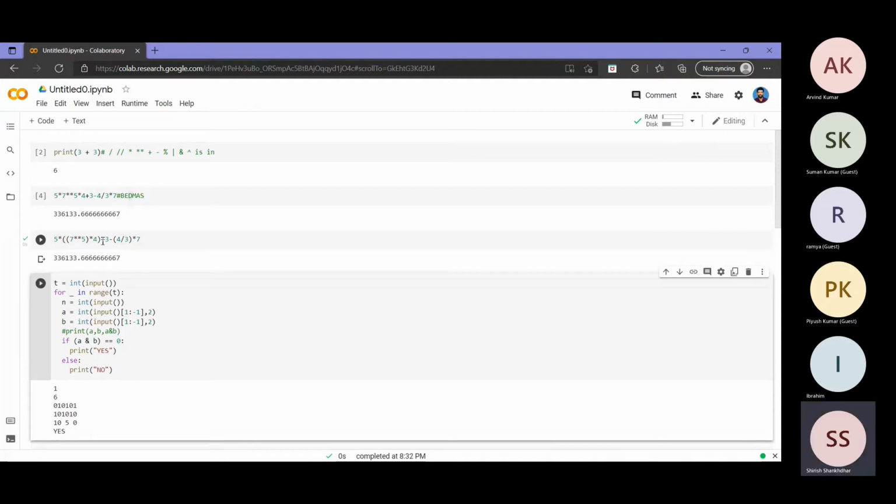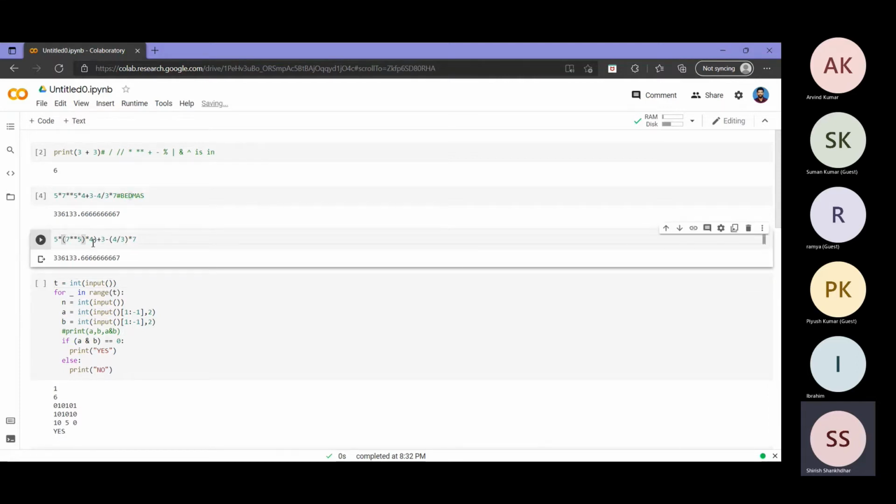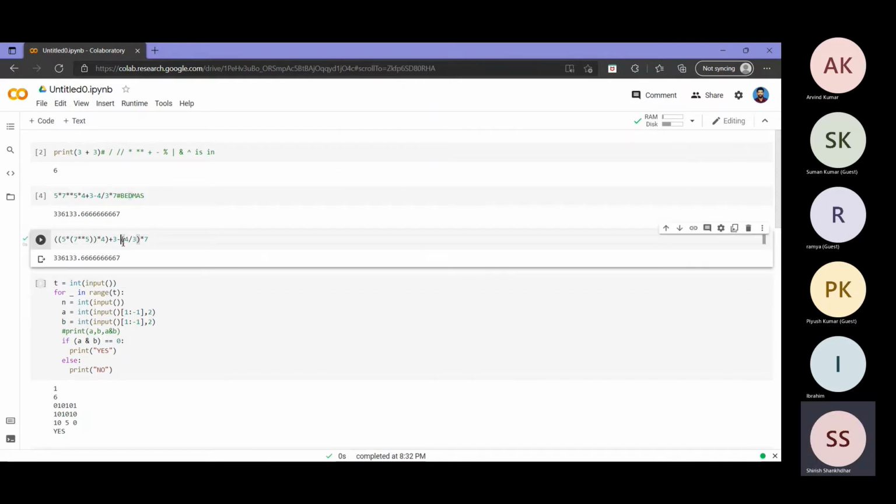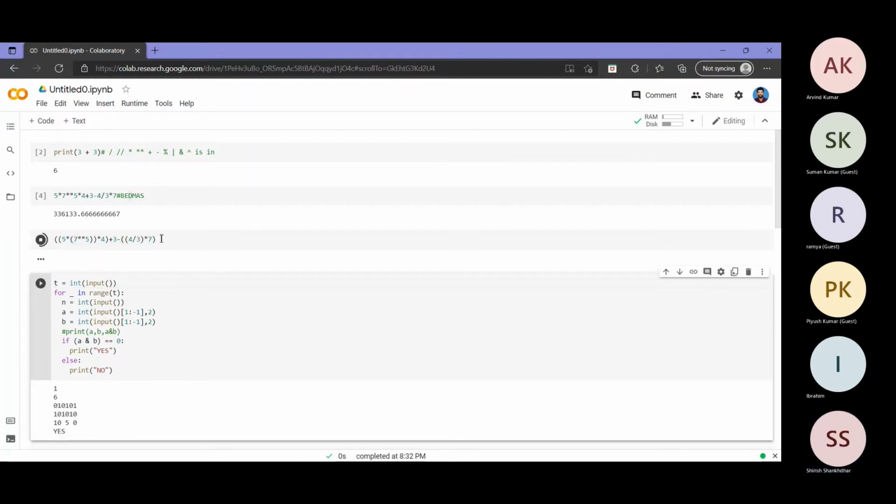Then also I got the same output. Since both are only multiplication, I got the same result. But actually when it is evaluated, it is from left to right. So you should actually have a bracket like this for better understanding. I put the brackets. The answer did not change. Now here one multiplication is there, so here also I put one bracket. Now also my answer did not change.